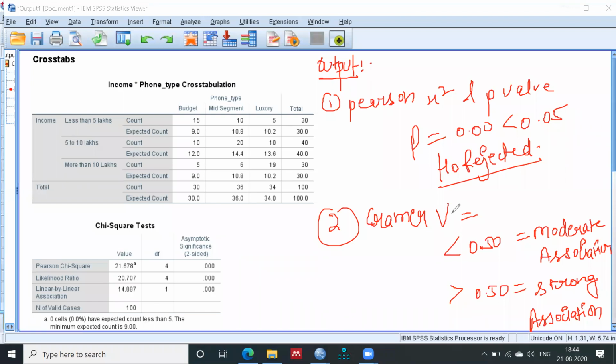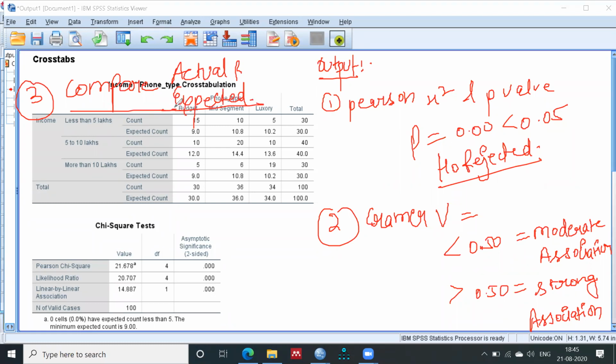So two things we have done. The third step is to compare the actual and expected. This is your third step.